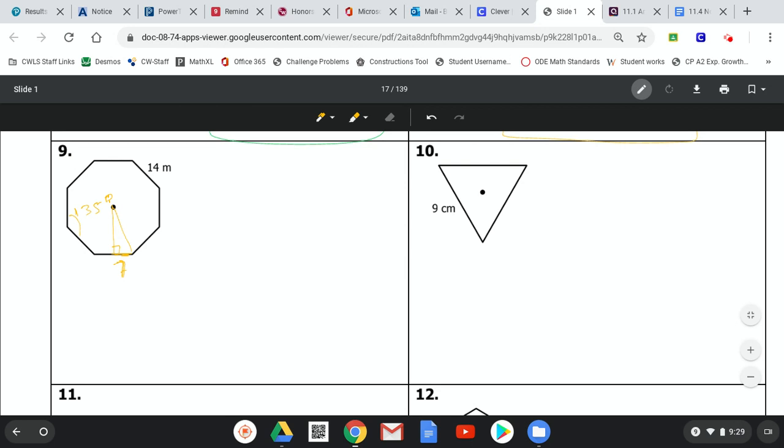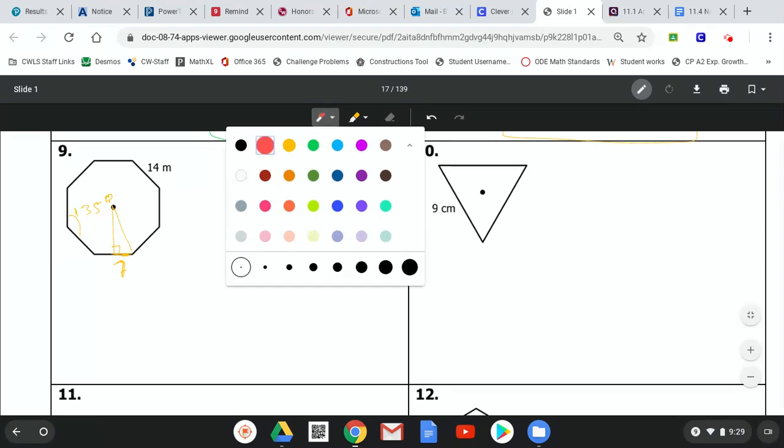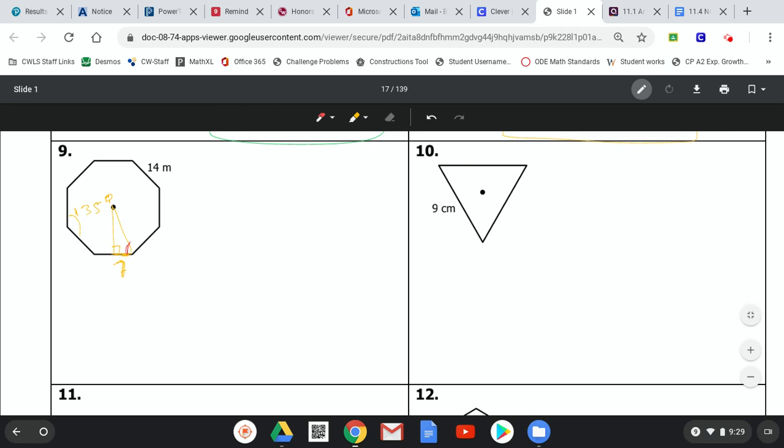So from there, you just have to divide that by 2 to get this angle down here in red. Once we do that, we get that angle to be 67.5. This 67.5, there's no special right triangle for that, so we're going to have to use trig. And we're looking for x over here. X is the opposite side from 67.5, so we're going to say tangent of 67.5,